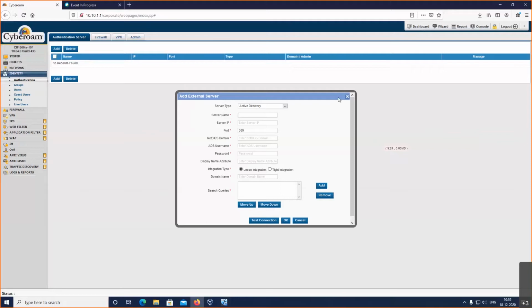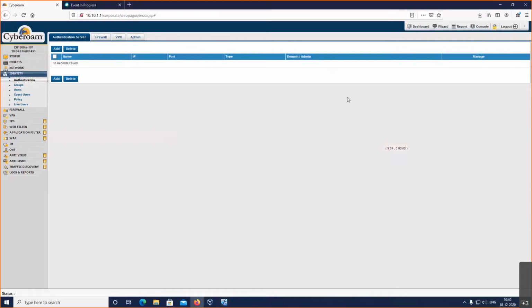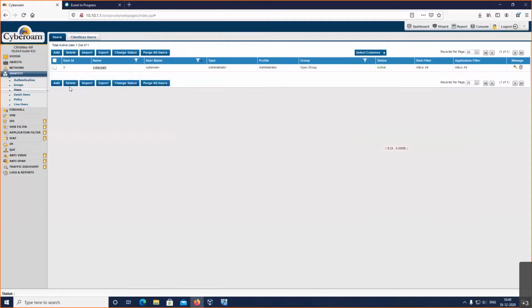For authentication, whether we are using any existing Active Directory environment, or we want to use any kind of LDAP environment if we are talking about Linux or any kind of environments, or there is any kind of Radius server where we can have the authentication on the device itself. So this can be defined here with respect to the authentication part. And we also have a user section where we can create the individual users, and these users can be defined for local access or remote access.